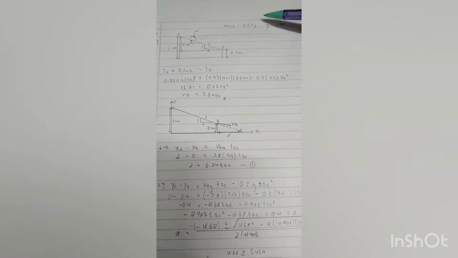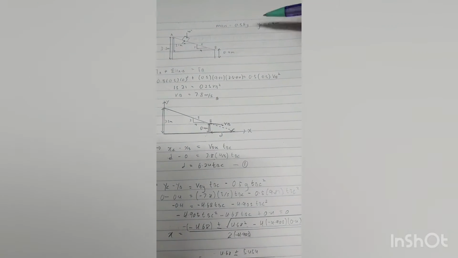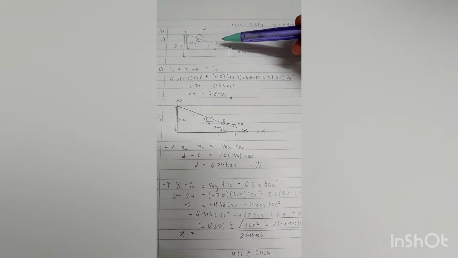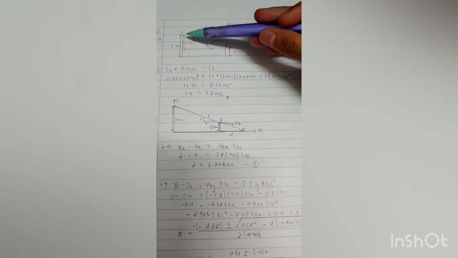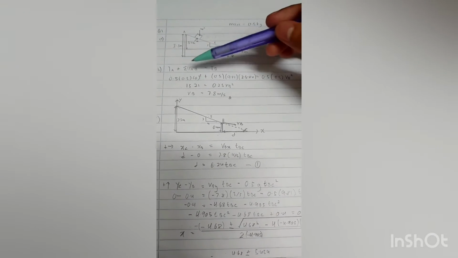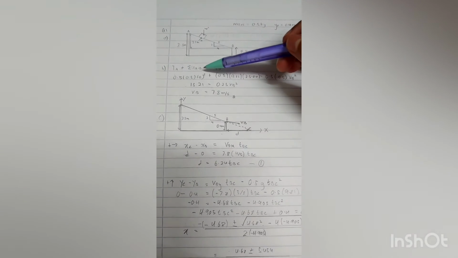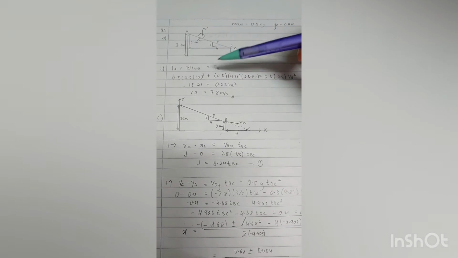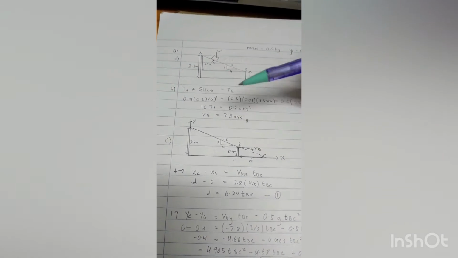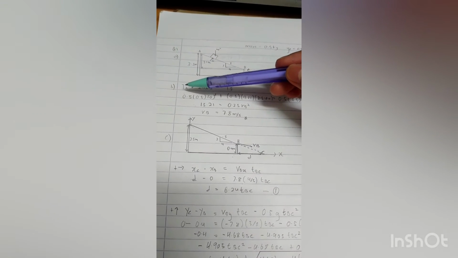Okay, for question 1, the mass is 0.5 kg and the initial height is 0.4, based on assignment part 1. So this is the free body diagram. The height from A to B is 3.1, and to get the speed at surface B, we can use the principle of work and energy. So by using this principle of work and energy, we can get the kinetic energy at A,